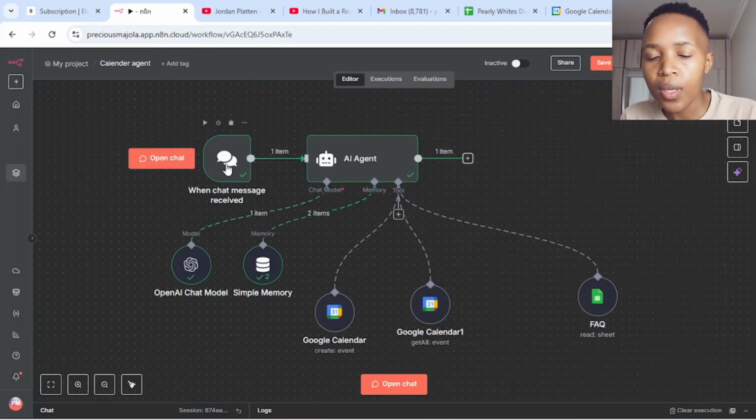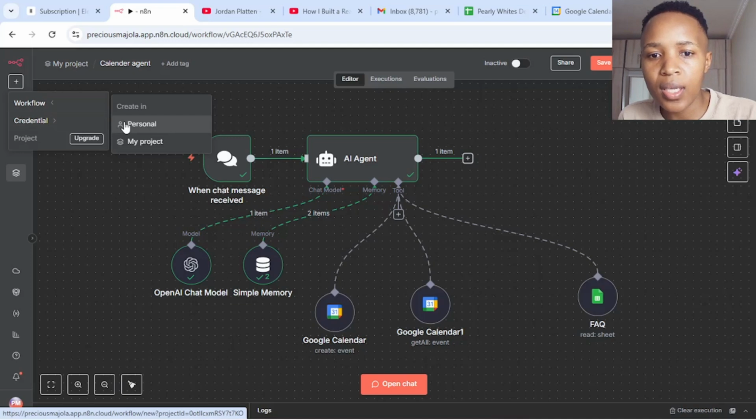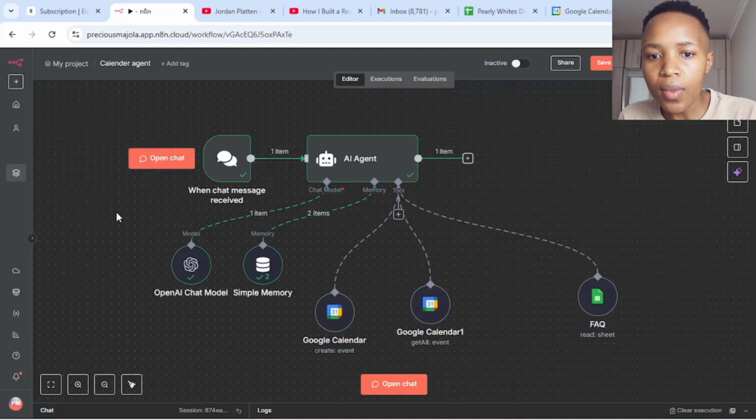So here, okay, if you're creating your AI agent, the first thing you'll do is you'll go here, you press this plus, and then after pressing this plus, you choose your workflow. Maybe you can say under create, under personal, or under my project, it doesn't matter, but I usually use personal. After creating under personal, what you do is you go to, after you've clicked the plus button here,